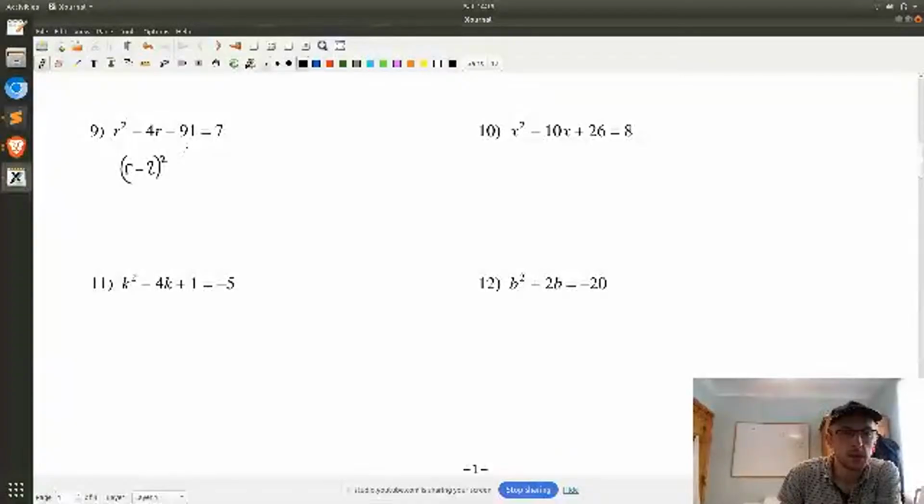So move that 91 over. So 98. And then you've got to take out the 4 here, but add it over there. So 98 add 4, so that's 102. So square root of 102, which is